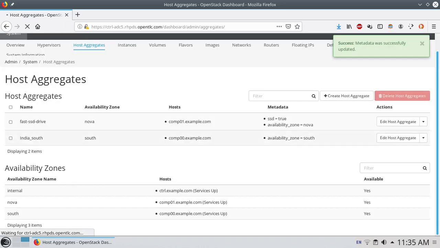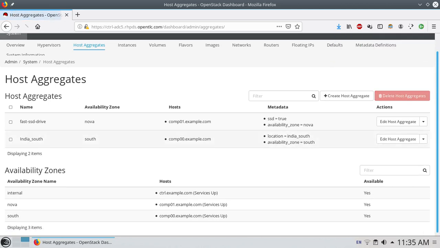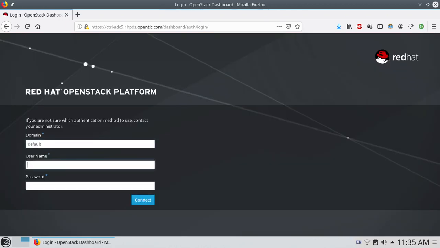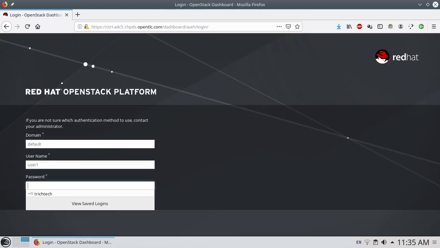Let's save this. So we have two host aggregates and two availability zones created for users. Now we'll log back in as user 1 and check the availability zone. So log in as user 1.